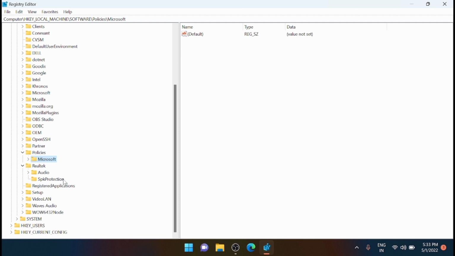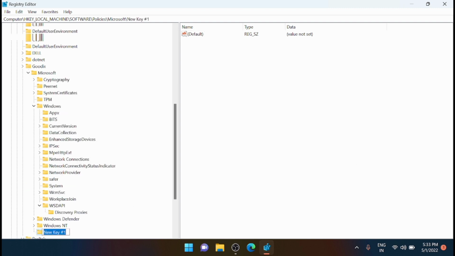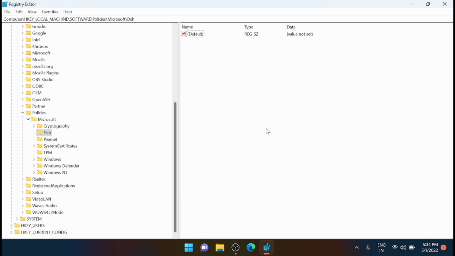With Microsoft selected on the left, right click on the empty area and select new. And you have to create a key here. Just click on key and you have to name the key as DSH. Now right click on the empty area again with the DSH selected and select new. From here click DWORD 32 value and name your new value as